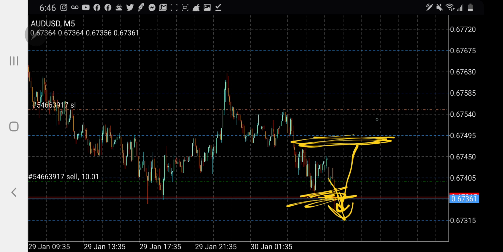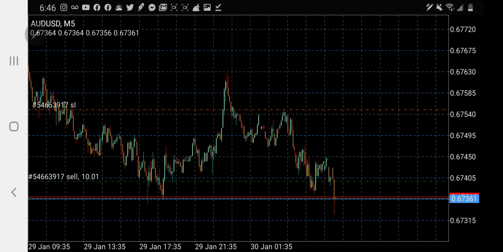So if it hits up there, you're like, okay, I get out. Let's say it continues up, okay, cool. You feel me? Either let it go. Some people will try to chase it, and end up getting smacked both ways and lose their account. Or you can just let it go since you thought it was going down and just wait for this play to come, or reanalyze your charts and see what's going on. Feel me?